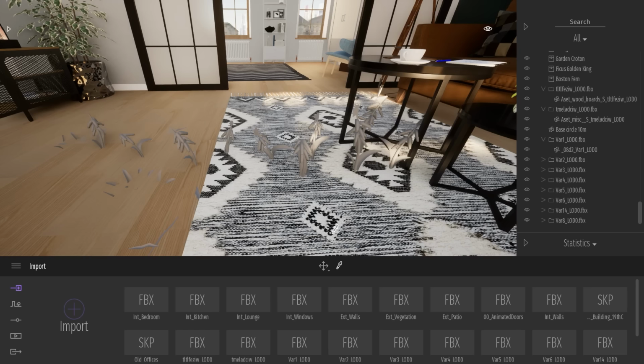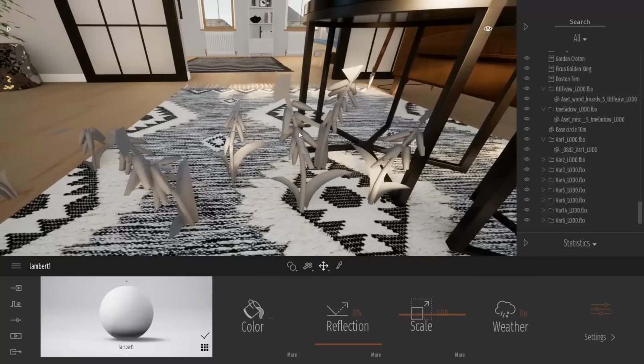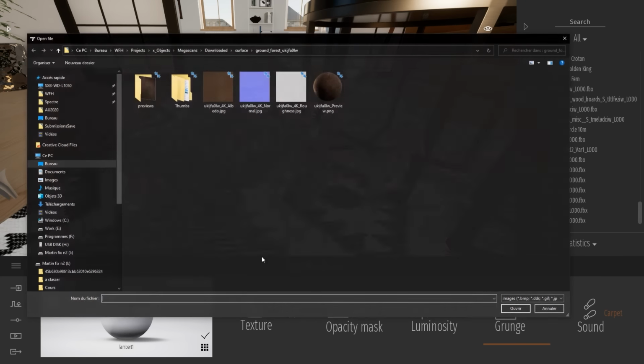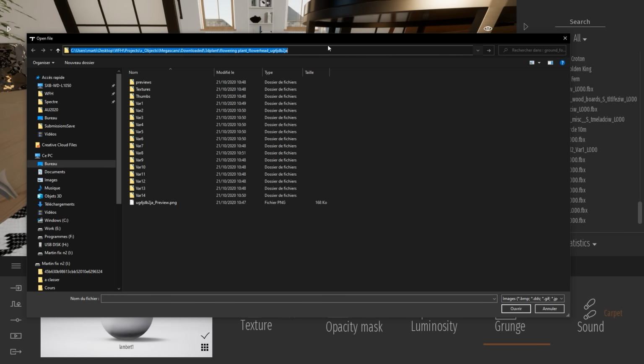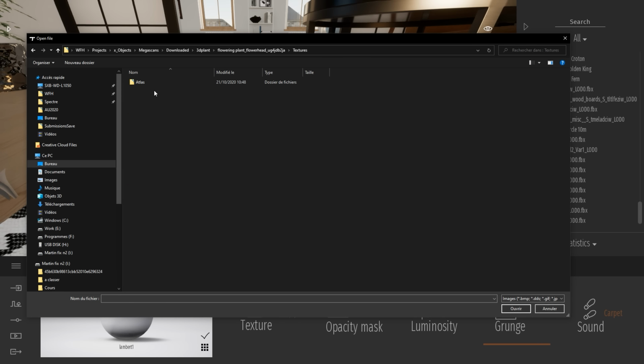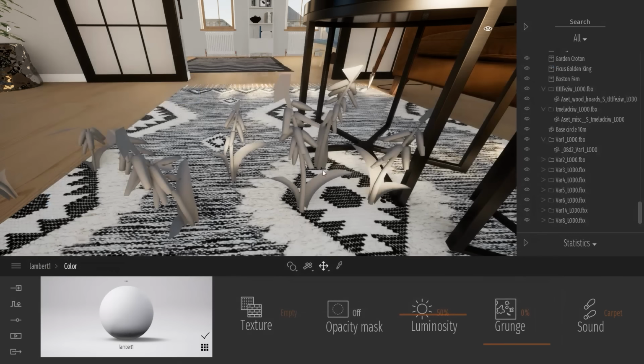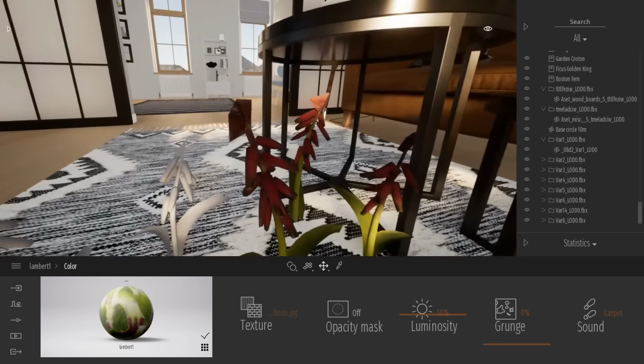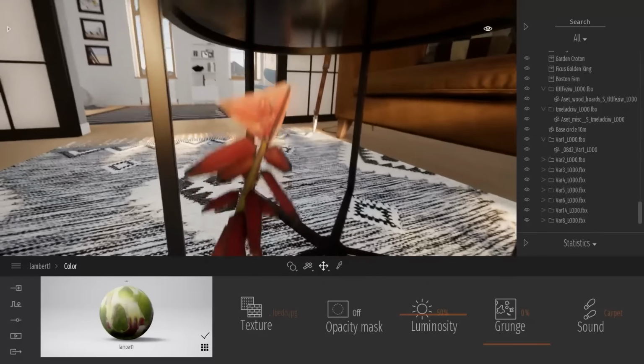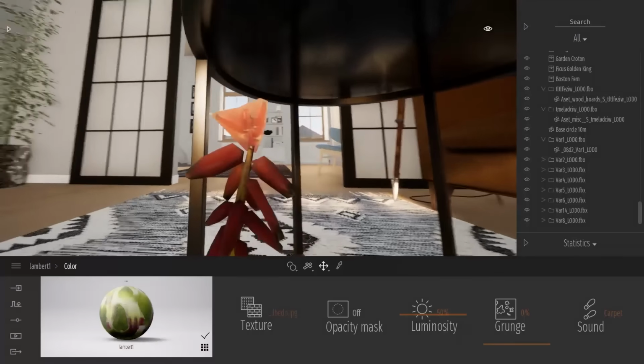And now I will focus on the material. So let's pick the material of this first one over here and show you something, and after that I will switch to Photoshop. The textures are located over here, the Atlas texture. Here we have 4 different types of texture. We have the opacity map that has been downloaded extra for this kind of 3D plant object. This is because when you load the albedo, it doesn't have any opacity information. As you can see here,